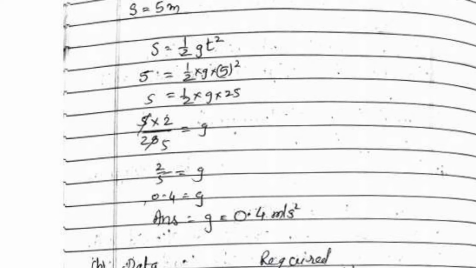Now let us go ahead with the B sum. So B sum reads as, the radius of a planet A is half the radius of planet B. That means we are having 2 planets. Everything we will be writing for planet A, we will write RA, MA, and for B planet mass we will write down as MB, g will be written as gB, like that. So we will be using the suffix for it, right?